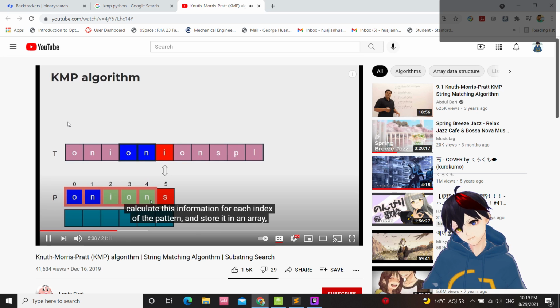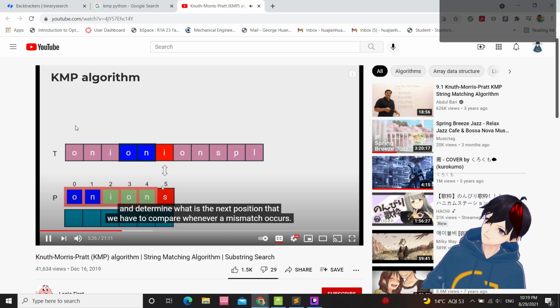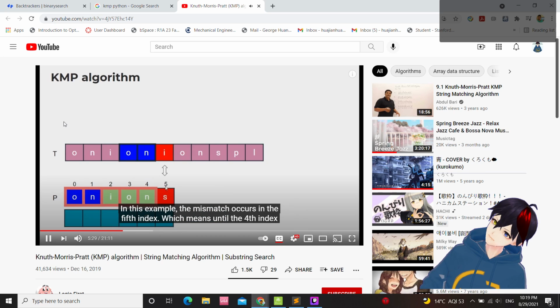If we pre-calculate this information for each index of the pattern and store it in an array, that is, until that particular index, what is the length of the longest prefix that is also a suffix? If we have that information readily, we can easily look up this table and determine what is the next position that we have to compare whenever a mismatch occurs. In this example, the mismatch occurs in the 5th index, which means until the 4th index, all the characters